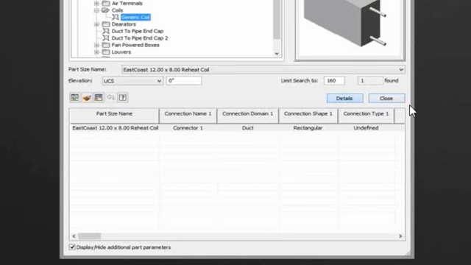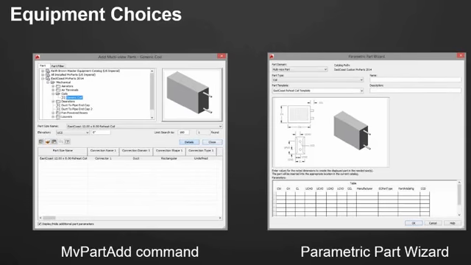If that's not the case, you can always grip the outside edge of the box and stretch it to see as many items as you need at once. And finally, with the MVPART add command, I generally like to type the MVPART add command